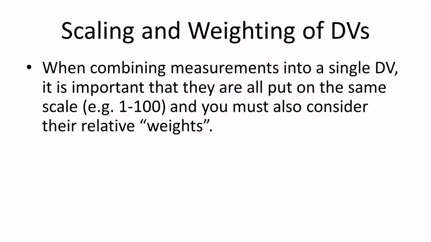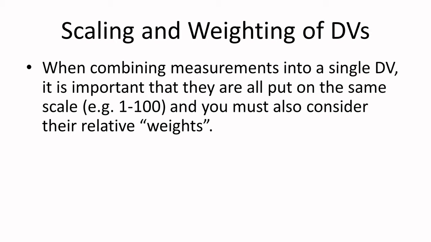And one important aspect to doing this is the scaling and weighting of these different measurements. What I mean is, obviously, if you do this kind of self-report rating on a scale of 1 to 10, that's going to be a number out of 10. But how is this hormone thing going to be rated? Is it also going to be out of 10? Well, you have to make sure how this kind of stuff is going to be scaled.